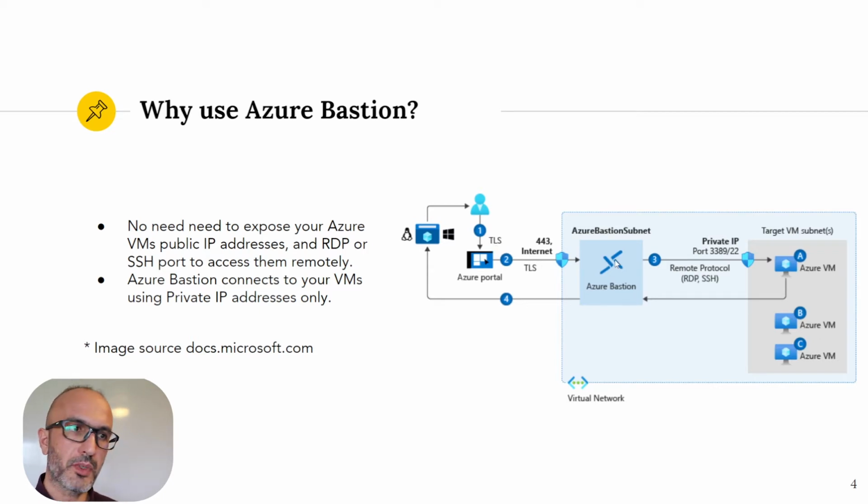Then the traffic from the Azure Bastion toward the Azure Virtual Machines uses private IP addresses, and then back again from the Azure VM to the Azure Bastion, again using private IP addresses within the VNet. And finally, the Azure Bastion would use the connection back to you over the internet using the Azure Bastion public